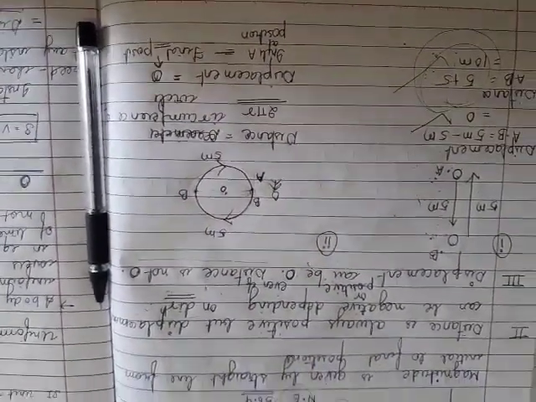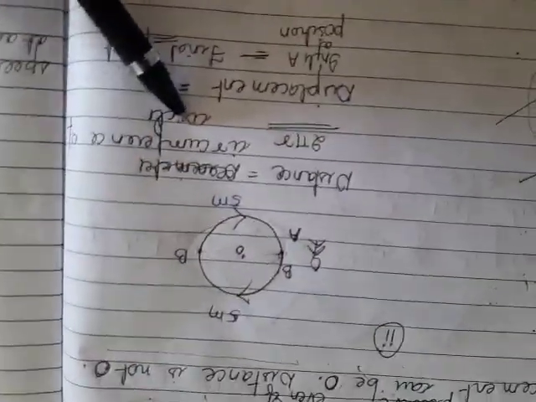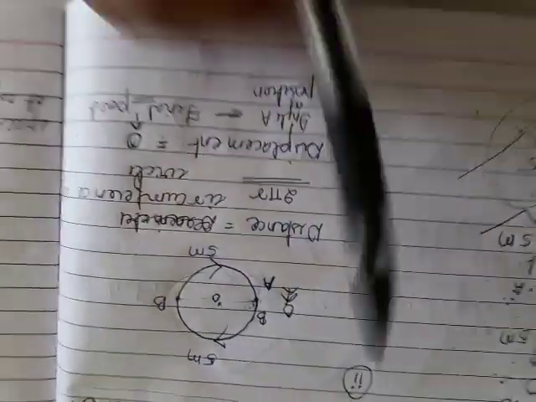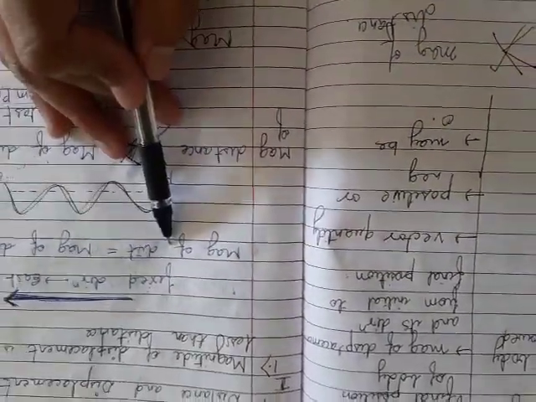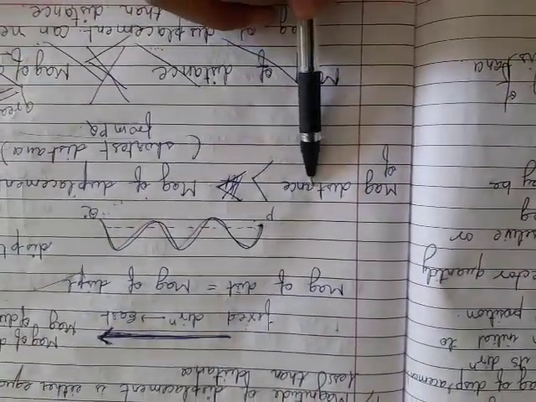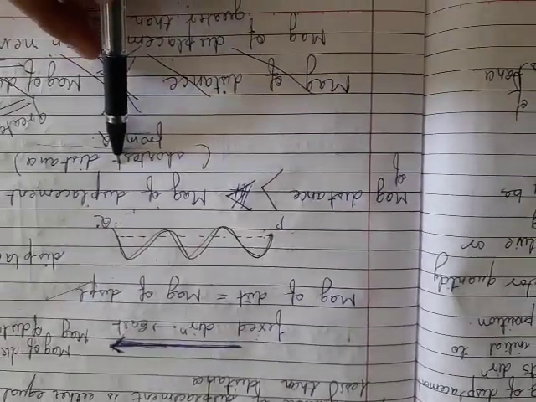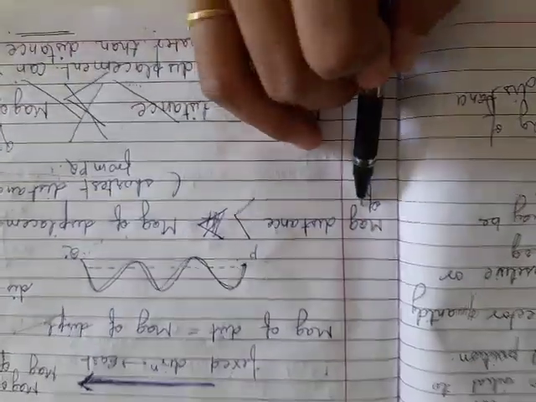I hope all the points are very clear. Distance will be 2 pi r because it is the circumference, and displacement is 0. I hope all these points of distance and displacement are very clear to you. How is the magnitude of distance equal to the magnitude of displacement? How is it greater than the magnitude of displacement? How is the magnitude of displacement less than the magnitude of distance? All this should be very clear.